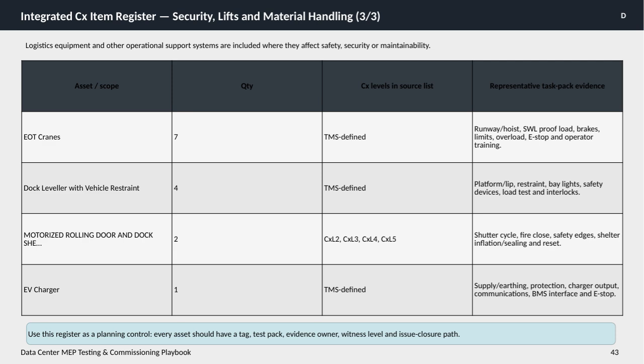We verify platform and lip integrity, restraint functionality, bay lighting, safety devices, load tests, and interlocks to ensure everything operates safely and reliably. For motorized rolling doors and dock shelters, 2 units are covered across several commissioning levels from CxL2 to CxL5. Key evidence here involves shutter cycling tests, fire close mechanisms, safety edges, shelter inflation and sealing, as well